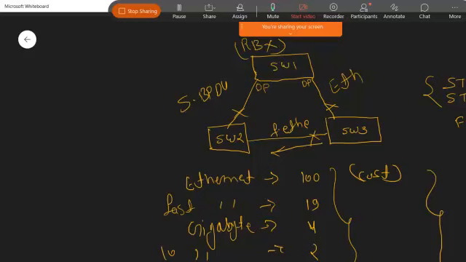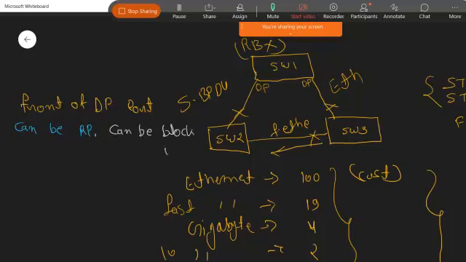A DP port can become a root port or a block port as well. Always the DP port can generate the configuration BPDU.